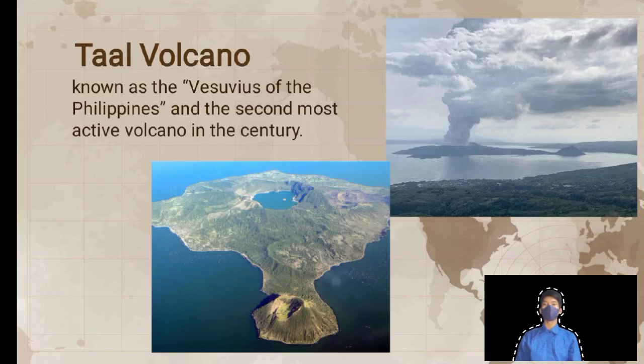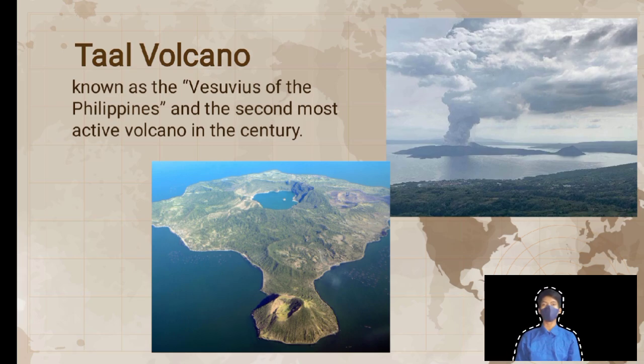Next is the Taal Volcano. The Taal Volcano is known as the Vesuvius of the Philippines. It is the second most active volcano in the country. It is also a complex volcano containing multiple craters on Volcano Island, with its main crater located on the east side of the island. This volcano is part of the larger Taal Caldera, which is one of the most active